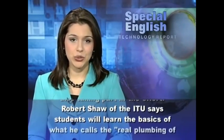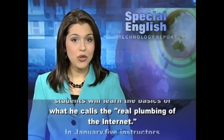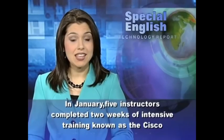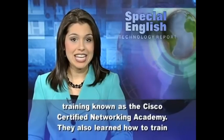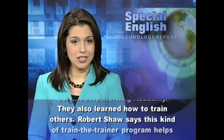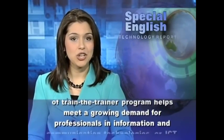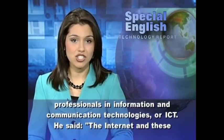Robert Shaw of the ITU says students will learn the basics of what he calls the real plumbing of the Internet. In January, 5 instructors completed 2 weeks of intensive training known as the Cisco Certified Networking Academy. They also learned how to train others. Robert Shaw says this kind of train-the-trainer program helps meet a growing demand for professionals in information and communication technologies,